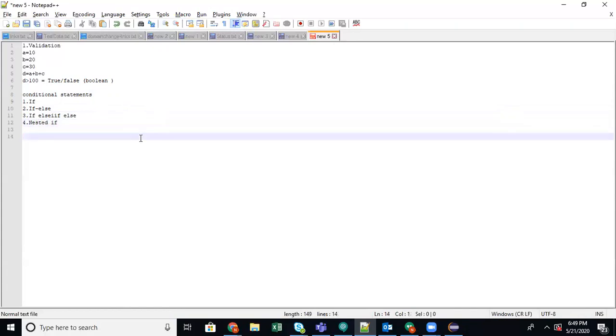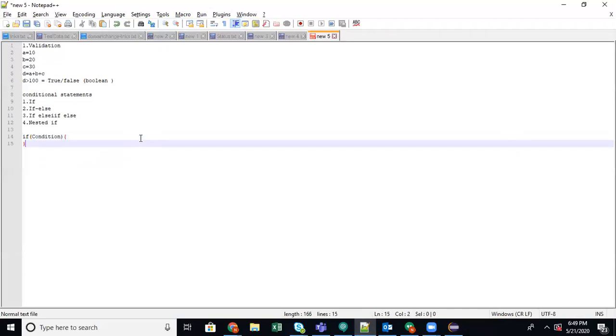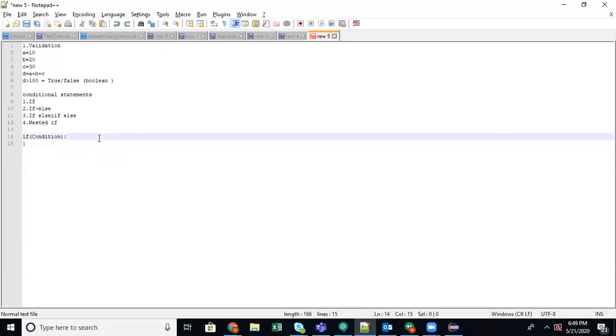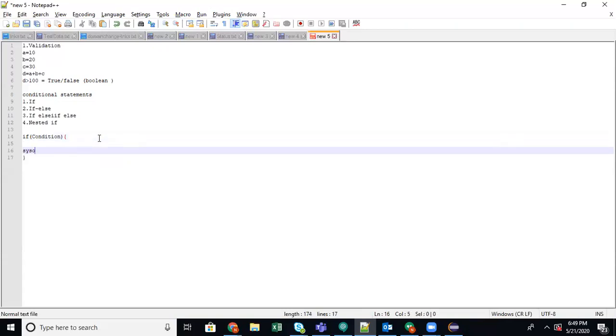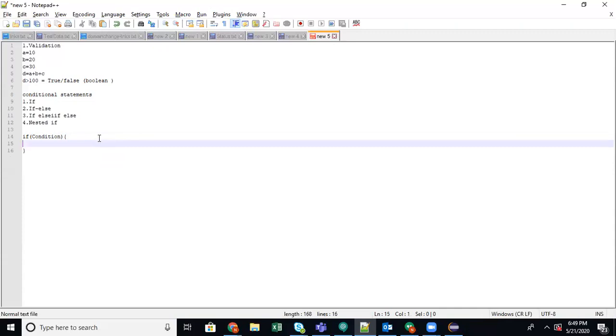I'll tell you what all this is. You can write if and here you can give the condition, like A is greater than B, whatever comparison you want. If it returns true, then you can have this block open, and whatever you want to write here, you can do. If you want to print anything, you can. If you want to process anything, you can. If the condition is not true, it will not go inside this.